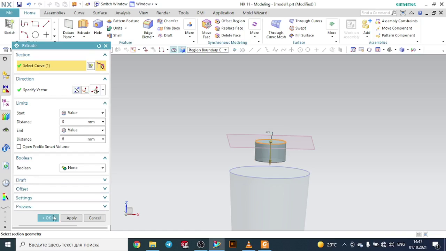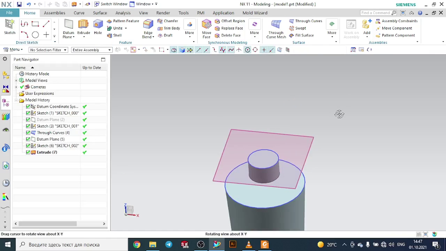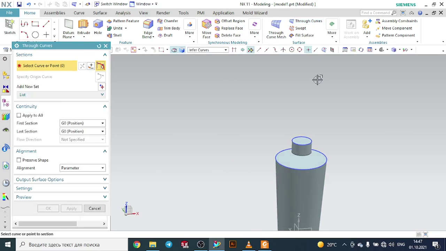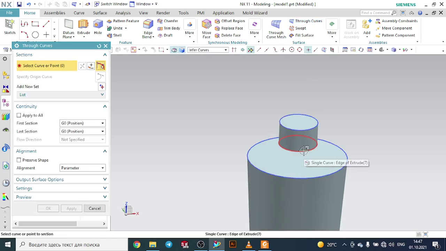So now just hide this one, and I would like to connect this element with this one. In order to do this, we can use the through curves and here select this edge, add new set, add